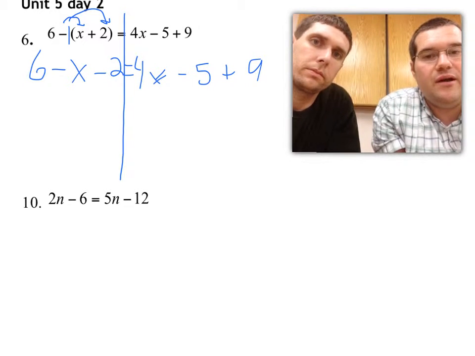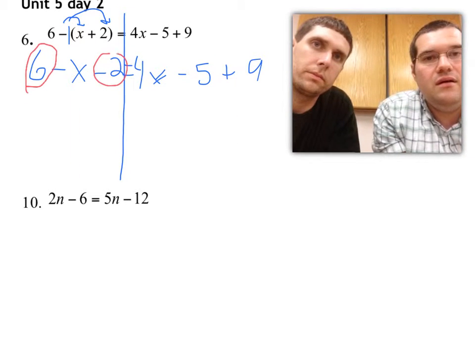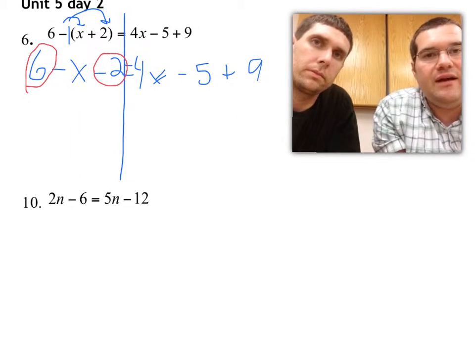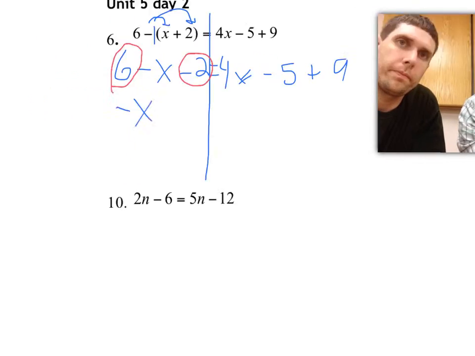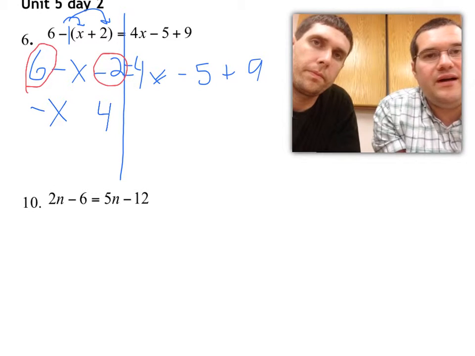And this is where I'm going to circle the terms that I can combine. So I have a positive 6 and a -2. Alright, I'm going to bring down my negative x, and then my signs are different, so I'm going to subtract, which is going to give me 4, and there's more positive 6 than 2, so it'll be a +4,